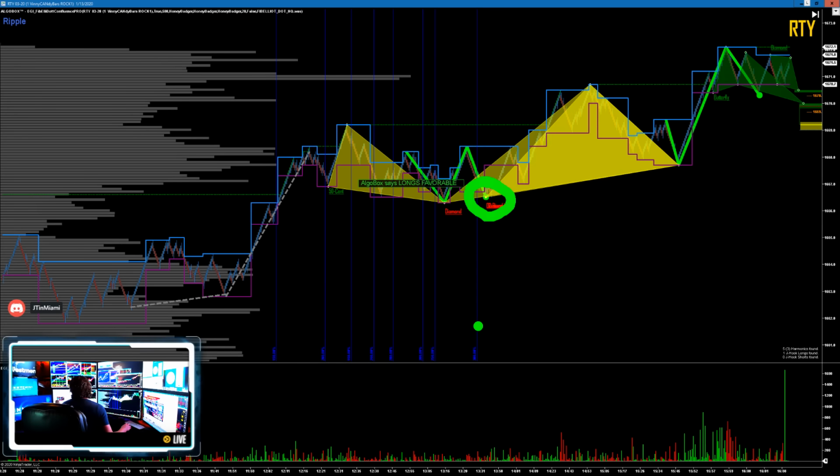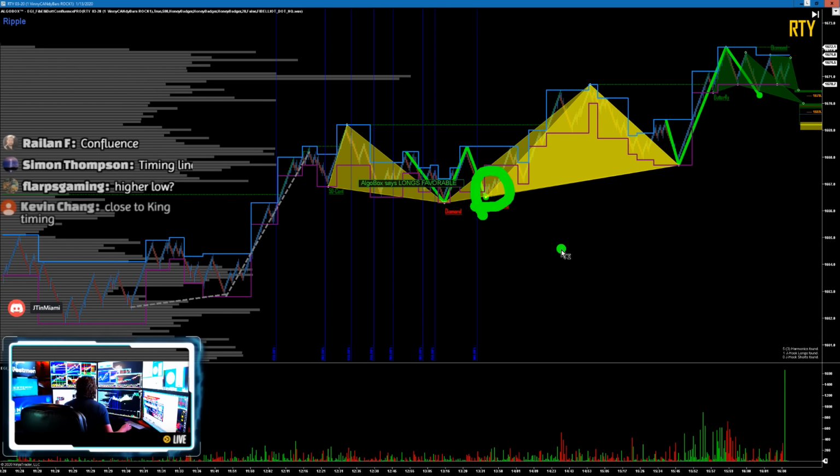I'm going to walk through the reasons that I would say this is a valid trade. First of all, are we in the favorable direction? First things first. Yes, we are. On the tide, wave, and ripple, do we know that the tide is rising? Yes, today, if you guys don't know the market, we are definitely in a rising area. Raylan says confluence. Yes, we know that there is a high amount of confluence here because this is a bright green versus a dark green. I don't have a dark green, okay? But lighter green is good, okay?